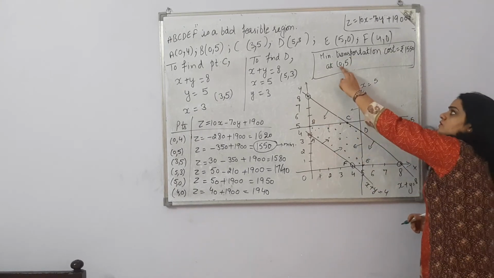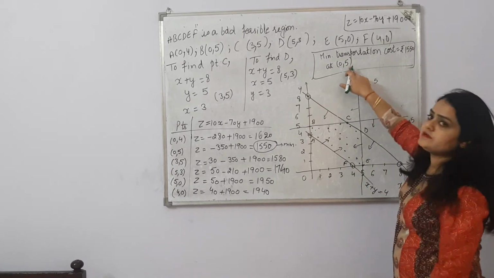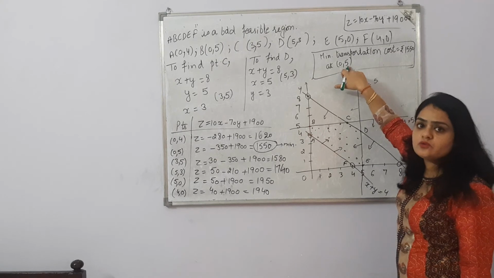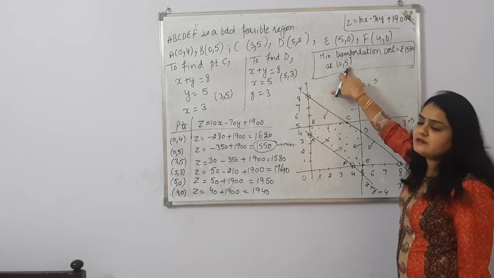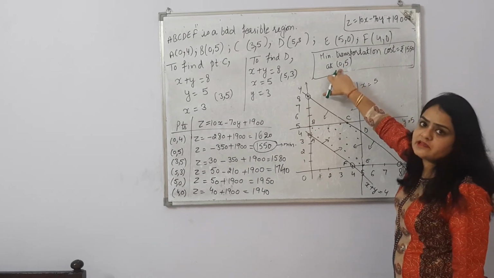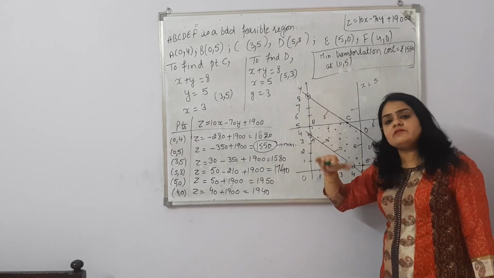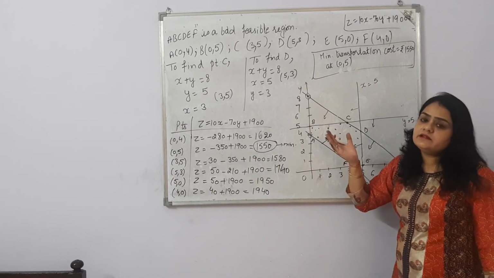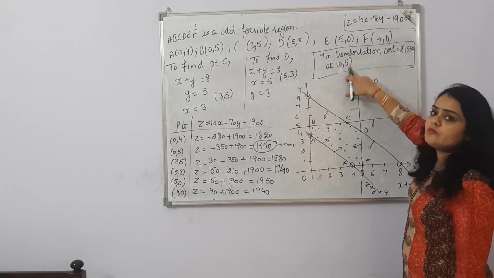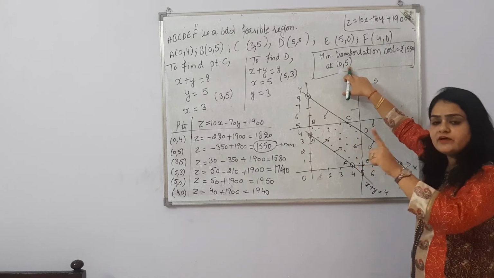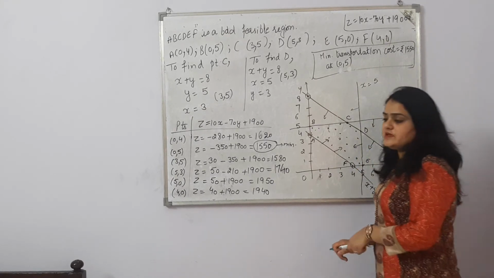That means no commodity is transferring from P to A, but 5 commodities are transferring from P to B. You will have to write this at the end. We assumed that x is the quantity of commodity transferring from P to A. It is 0 now, which means no commodity is transferring. So 5 commodities are transferring from P factory to B depot. So the minimum transportation cost is rupees 1550.